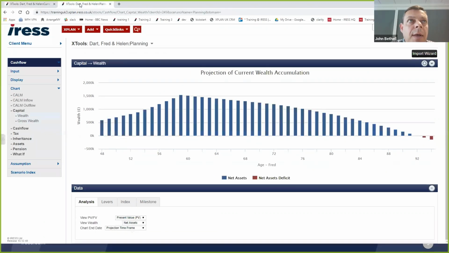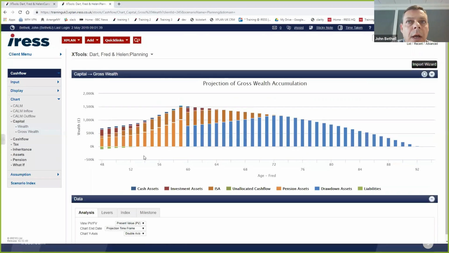If I now compare that to the gross wealth chart, I can see here that actually the debt's been repaid earlier, the pension funds leap once that's been paid, because that's where we said the extra money could go to. That's taken it to our drawdown funds, and our drawdown funds continue to rise, which then takes it out to their funds lasting much longer. So we've done two things here. We've made their funds last much longer, but we've also meant that if they were to die off early, we've left their liquid assets in an IHT efficient environment.